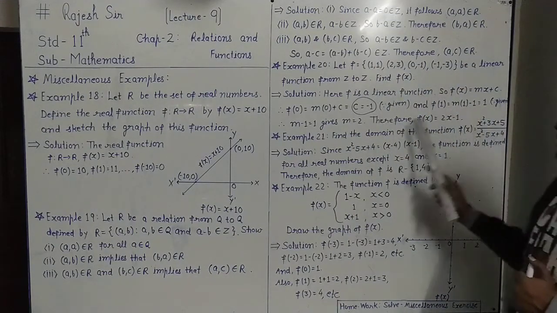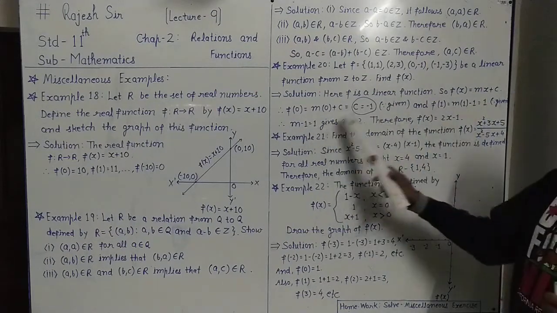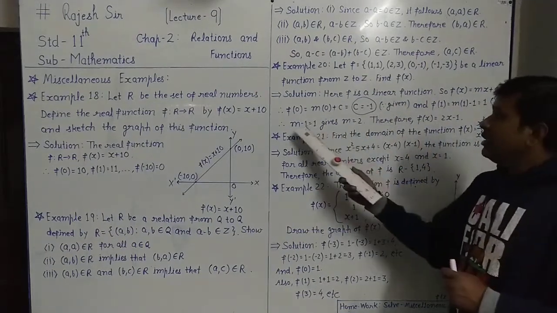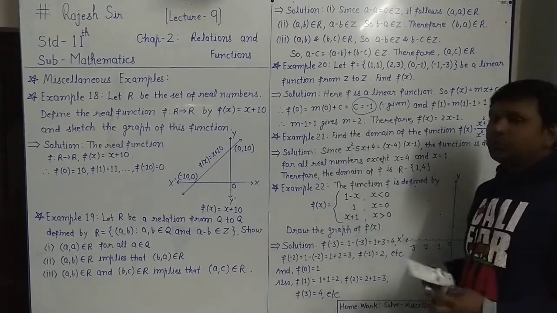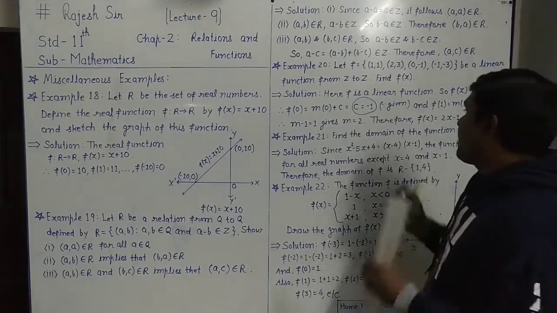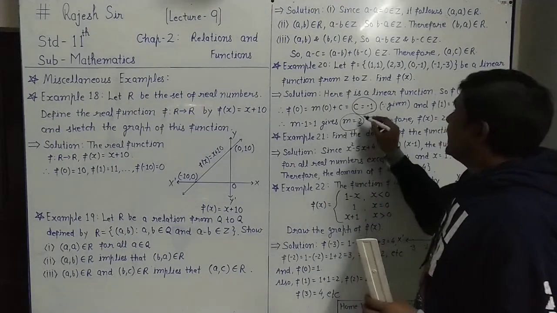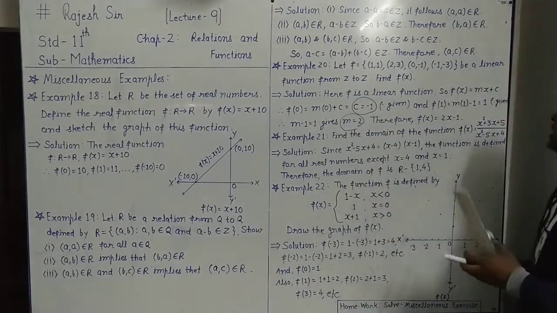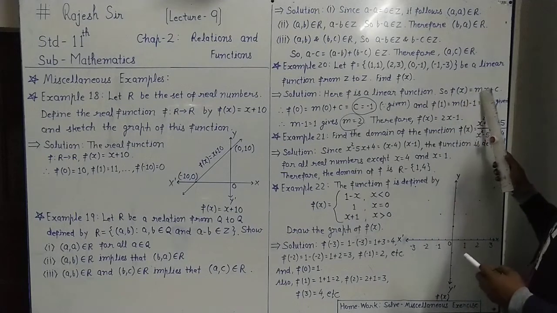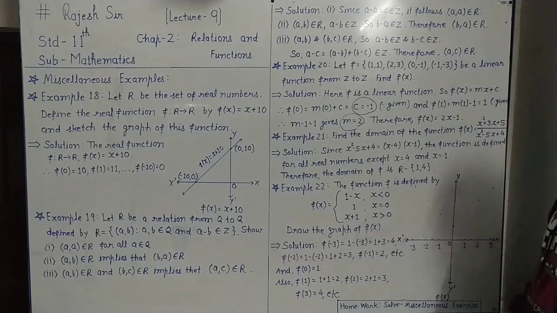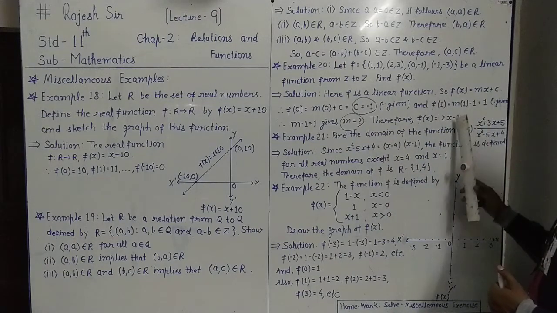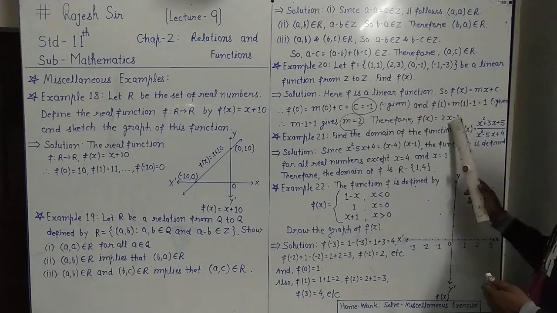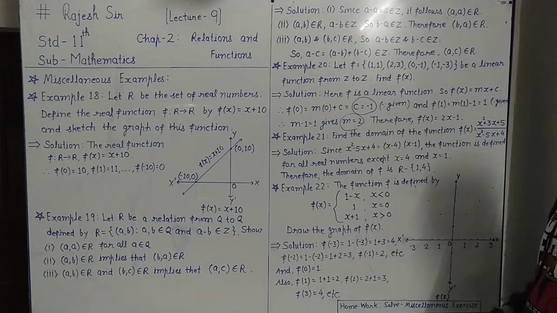Now m into 1 is m, minus 1, and equals 1 as it is. It gives minus 1 will be on the right side, plus 1 and 1, 2. So m equals 2. The next m value we get. This way c and m both we get. Therefore, the function fx equal to mx plus c, in that m and c you place it. M is 2, x plus c is minus 1, so minus 1.